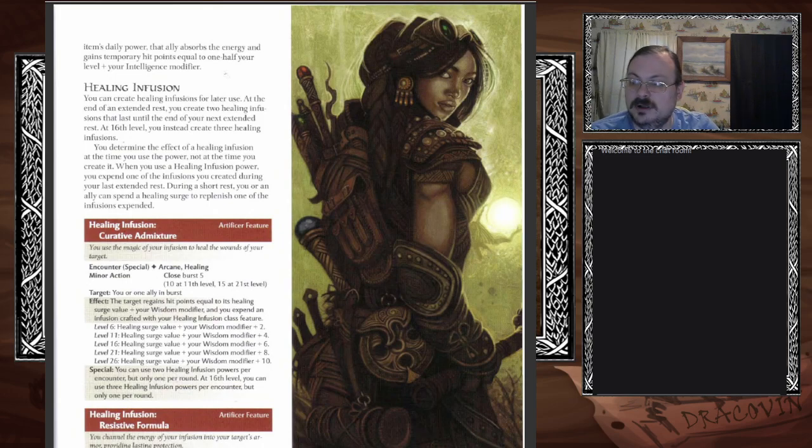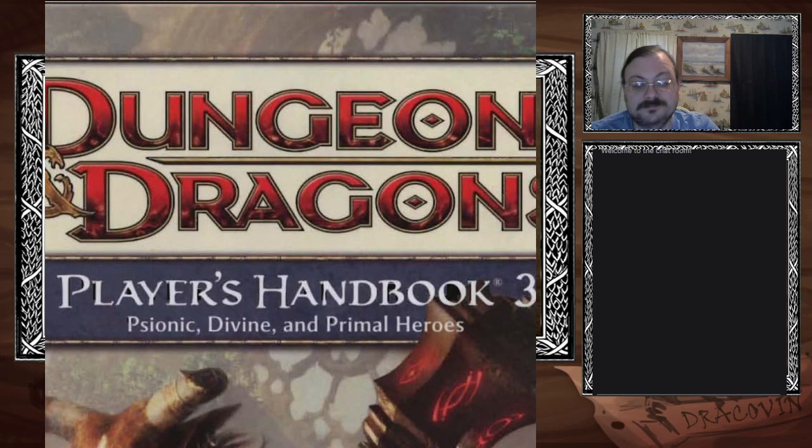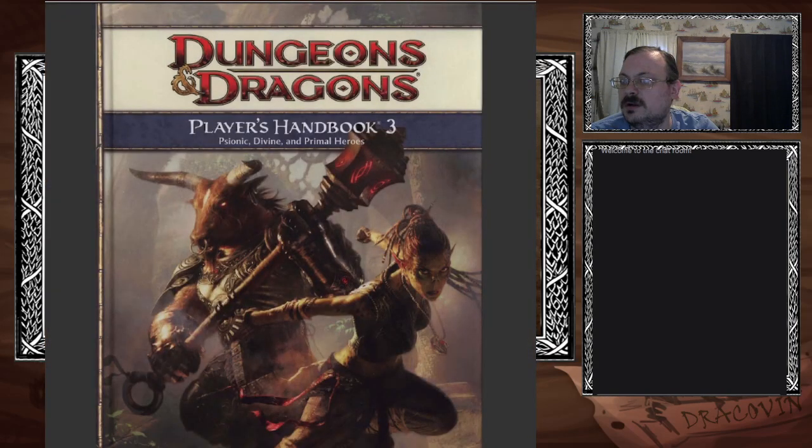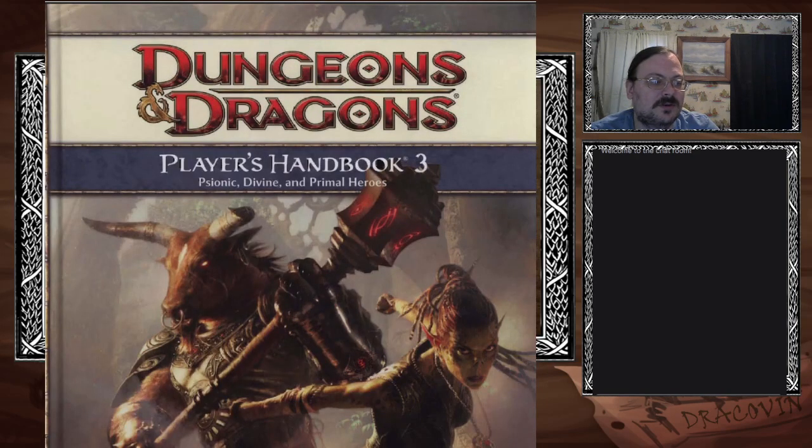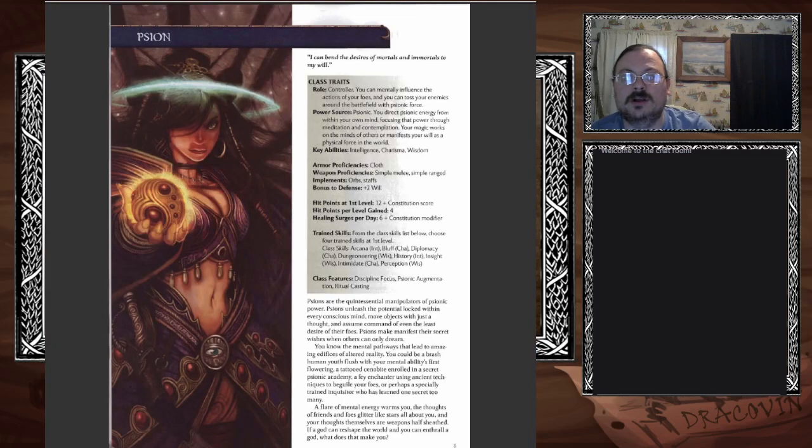Let's talk about controllers, though, to finish up today, because we really should. Go to Player's Handbook 3. Gotta readjust it, because of course it's super zoomed in, like the other one. Let's go to Psion, a controller. Controllers, in this case, a Psion controller, mentally influences the action of your foes, tossing enemies around the battlefield with psychic force. Remember, the idea of a controller is to hit multiple enemies, to basically dwindle enemy numbers, take out